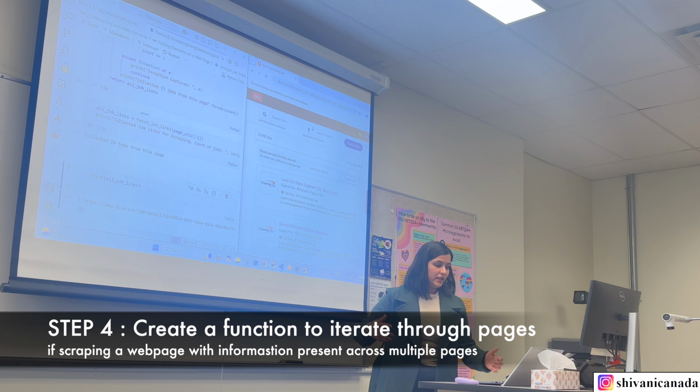Text 0, and I'm gonna collect that in a dictionary, so I'll write all data. Now, at this level I've collected everything about it. So all data dot append, and I'm adding a dictionary, so it's easier for me to make a data frame. That is what I do, I create a list of dictionaries. So I'll write job title,